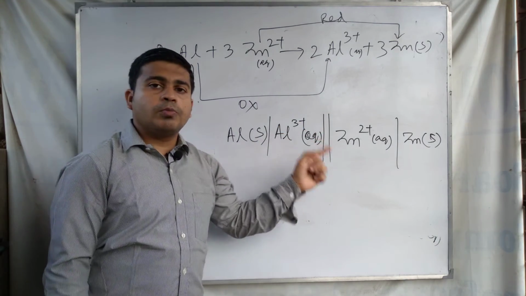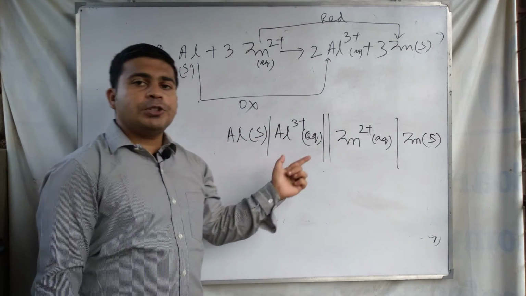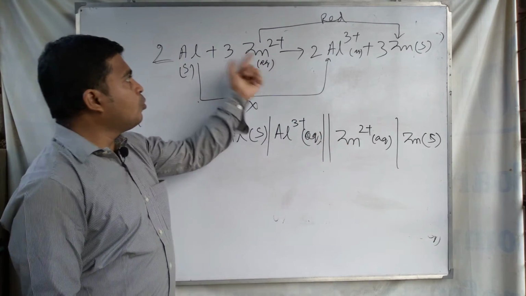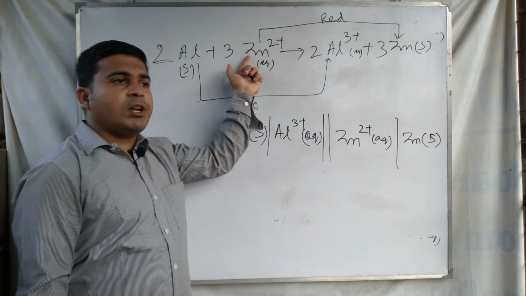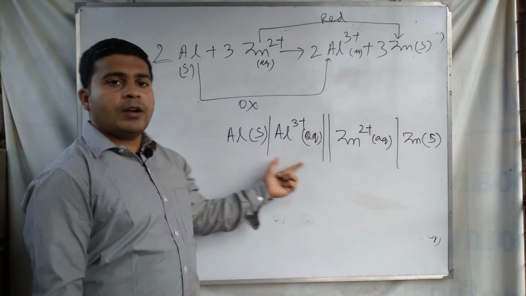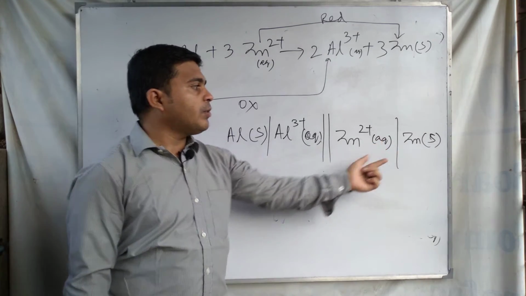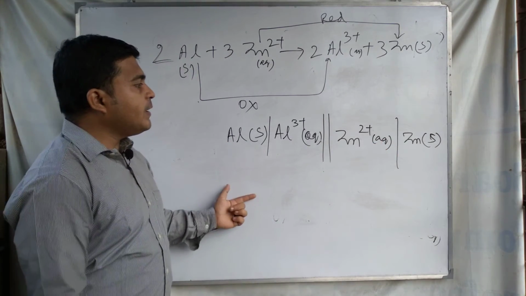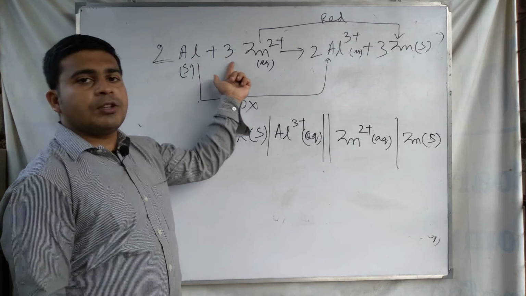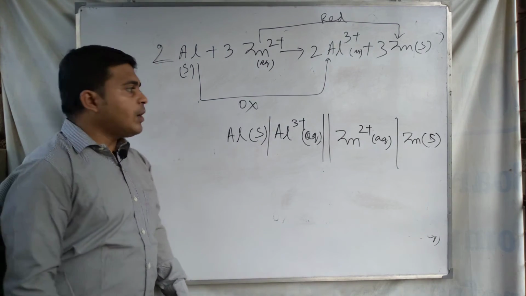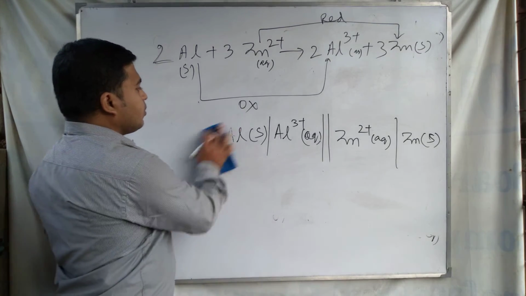This is also a very good question, that how can we change this representation or notation of the galvanic cell to its overall galvanic cell reaction. You just write two halves, means reaction taking place at cathode, reaction taking place at anode, and then by addition of these two halves you can get the overall reaction. Okay, now we take another example to represent the galvanic cell.